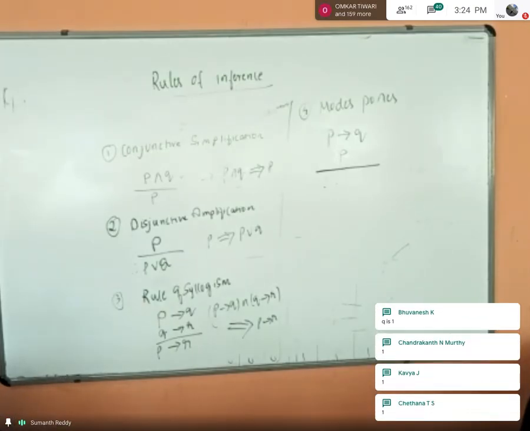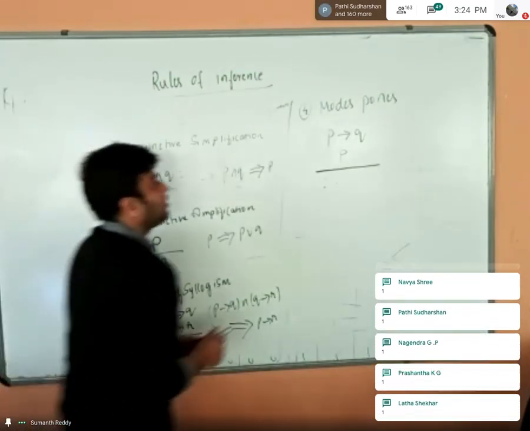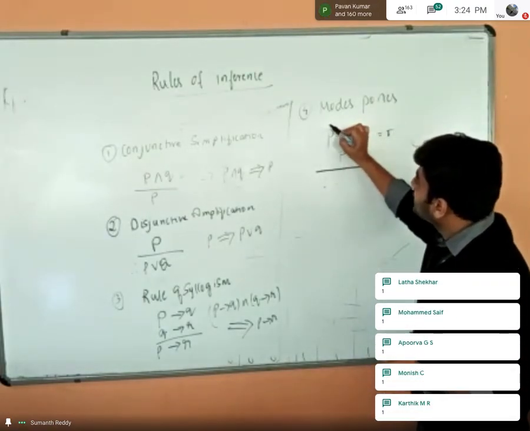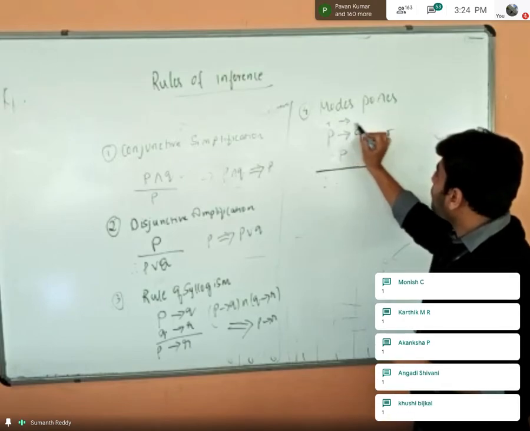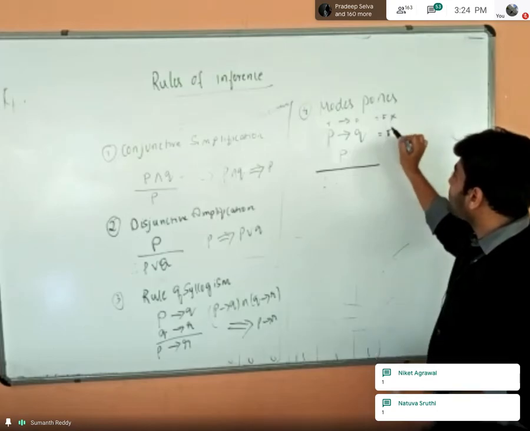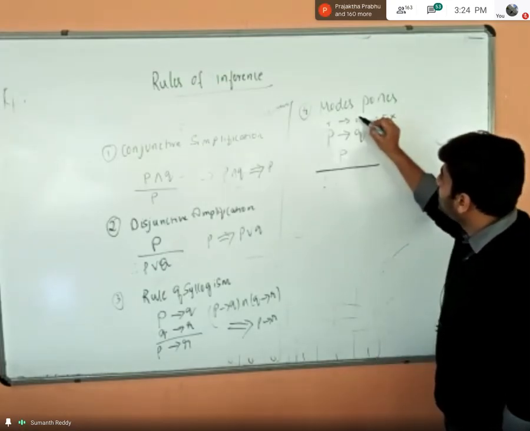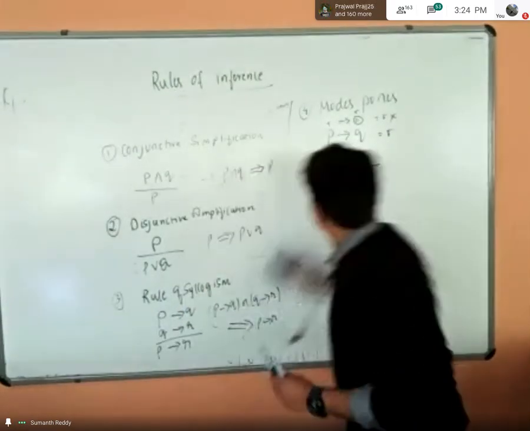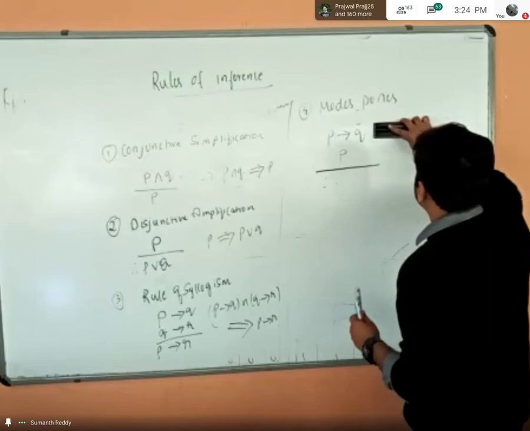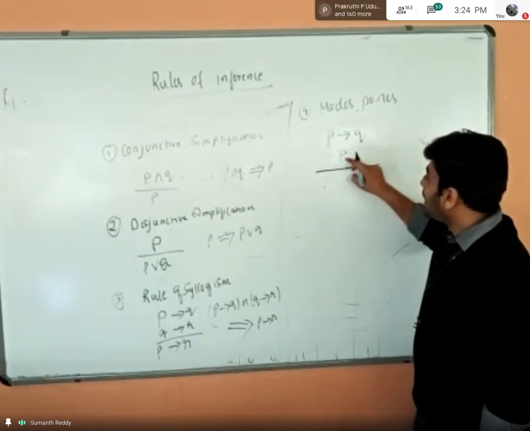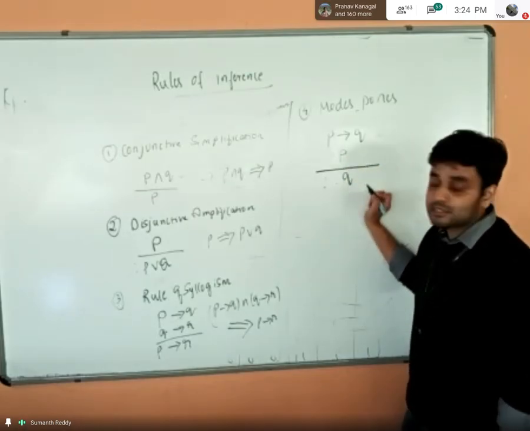Will everyone agree with this one? Yes, exactly. Because if P implies Q is true, and P is true, then this will be true, right? True implies what will give you true? If I had false here, the result would have been false, but that is not happening. The result is true. Since the result is true, this cannot be false, rather it has to be true. So this Modus Ponens rule tells that whenever you have P implies Q is true and P is true, you can conclude that Q is also true.